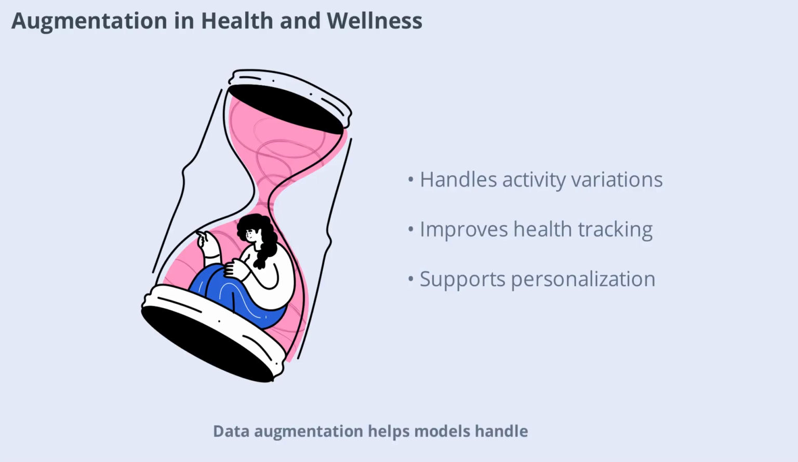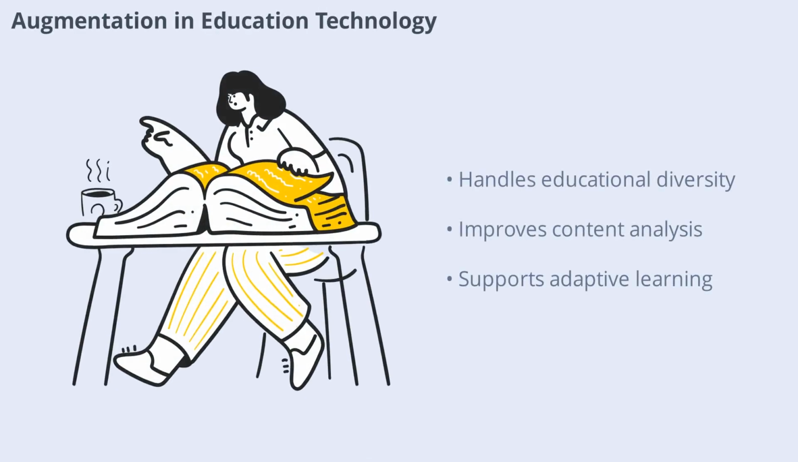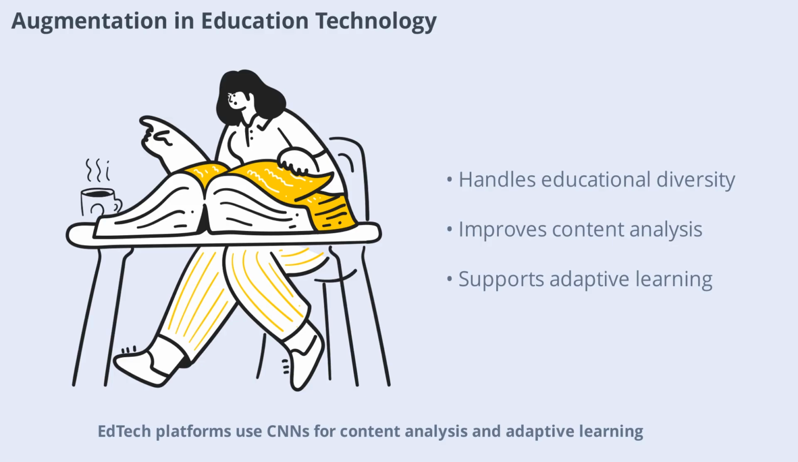Data augmentation helps models handle variations in user activity and environment, ensuring accurate tracking and personalized recommendations for users. Tech platforms use CNNs for content analysis and adaptive learning. Data augmentation helps models handle diverse educational materials and formats, improving the accuracy of content analysis and supporting adaptive learning